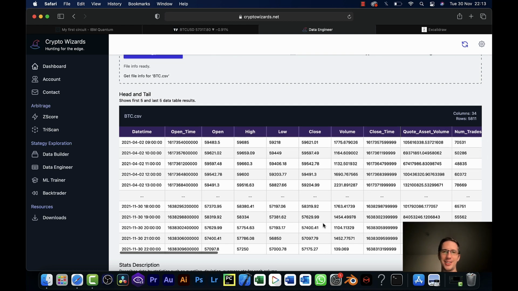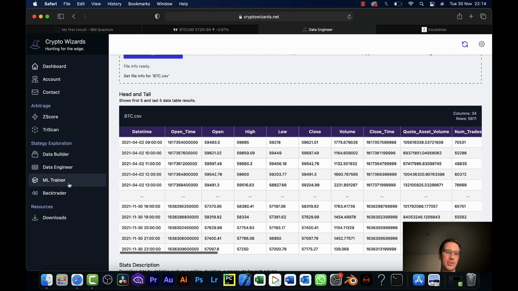So there's just one more thing I want to add to this data set before I go running all sorts of algorithms against it. I'm looking at this close price and I just want to predict the price direction. Is it going to go up in the next hour, or is it going to be the same or go down? If it's going to go up, I want it to put a 1 in a column next to the close price if the next hour went up. And if it went down, I want it to put a 0. So for example, here 59,621, it actually went down, so this should be a 0. Here it was 59,597 and it went down to 542, so this should be a 0.